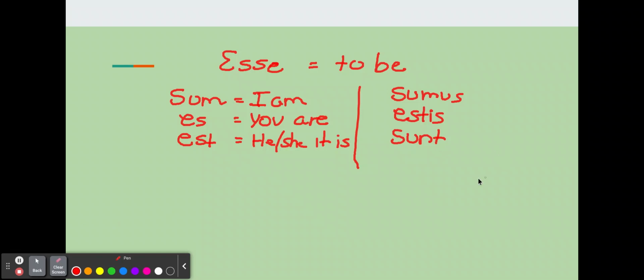Now, something that was interesting is, if you remember the book Green Eggs and Ham by Dr. Seuss, 1960, in the book he said, "Sam, I am." A lot of people have said that this is just his way of making fun of how he learned Latin when he was in school. Because when you learn Latin, you have to memorize sum, I am, sum, I am. And he was just having fun. Sam, I am, right? We understand that now when we're learning Latin.